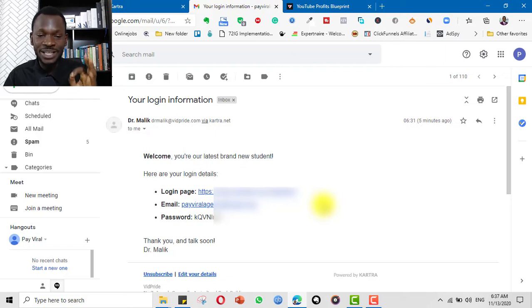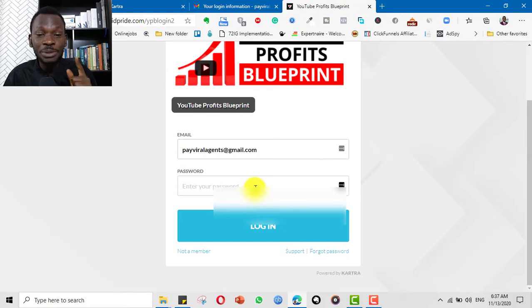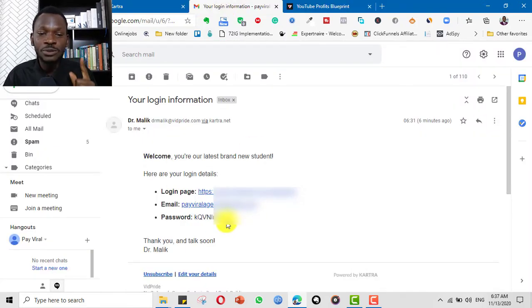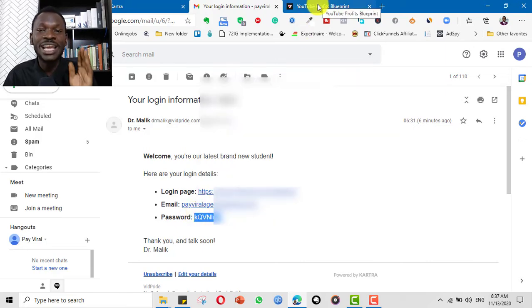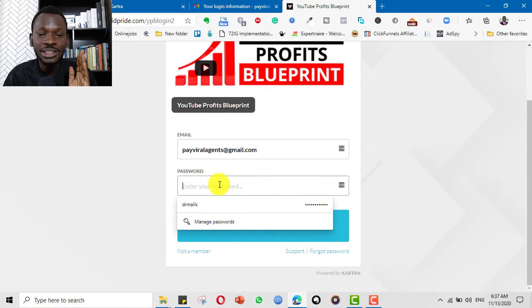Everybody has a different password. So if you try to use someone else's password, it won't work. So you have to use your own unique password. Now, because the code is a combination of numbers, capital letters, small letters and different characters, it is advisable not to type it one by one. If you type it one by one, you might miss one figure or one character and you will not be able to log in. So what I advise my students to do is come to the password and simply select, copy and then paste, so that everything will be intact. So you just click here and paste.